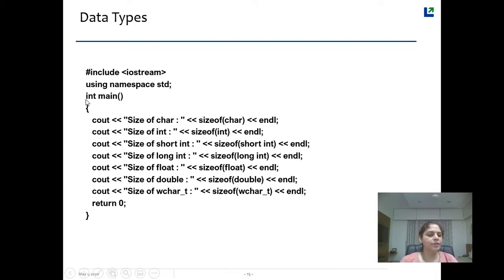In main method, if you see, before main method we have written this int. This int indicates the return type of main method. So we are saying that main method returns an integer data, and hence at the end of the main method we can add a statement called return 0. Usually when we write return 0, 0 indicates successful termination of the program, and if it is failure then you can write return 1. So the operating system understands that 0 means successful termination of the program and 1 means unsuccessful termination of the program, and hence at the end of main method you will find a statement called return 0 or return 1.